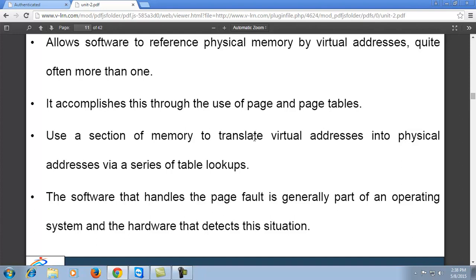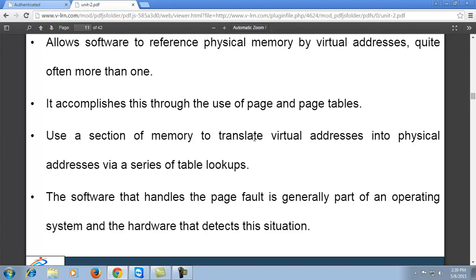So what is a page fault? A page fault is a kind of error which occurs due to the absence of content in the system while we are still trying to access that particular content.